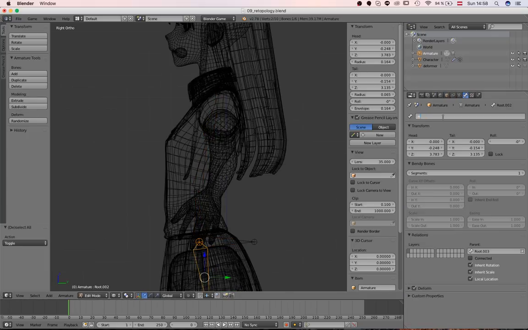and we should not forget to name things properly, because I know everyone is lazy and I'm lazy myself. I'll just call it very quickly hip, what should I call it? Controller until I come up with a better name. This is spine 01. I'll copy the name, and this will be spine 02, and this one will be